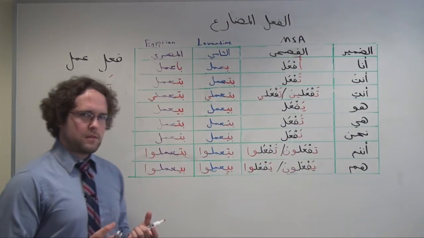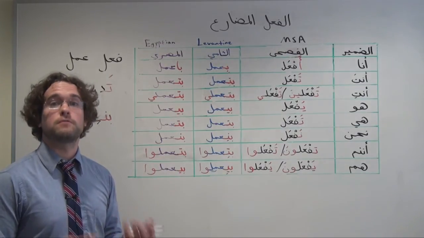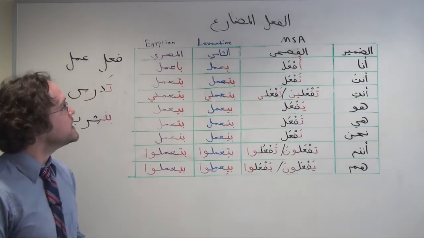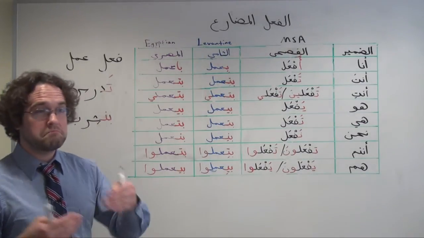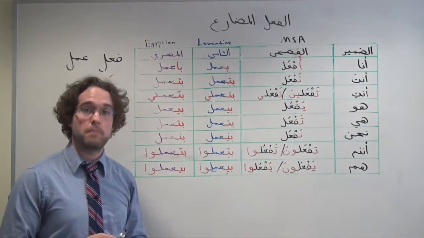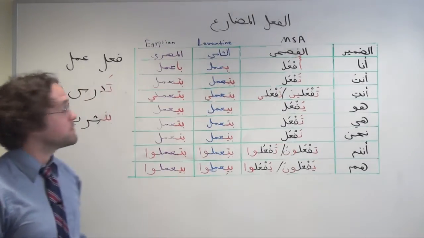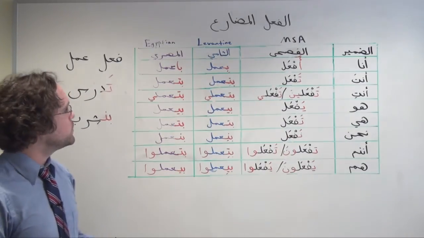The ba is common in the present tense for the main verb in a sentence, the first verb, the first real verb in a sentence. If there's a second verb following the first verb, or the first verb-like expression, then we're not going to see that ba typically. So that's something to work on recognizing, and control is going to come with time.